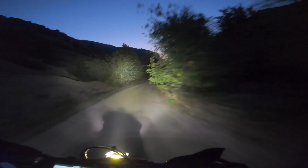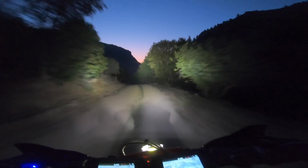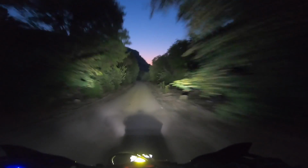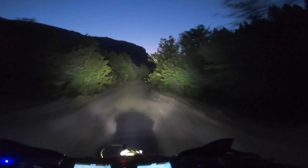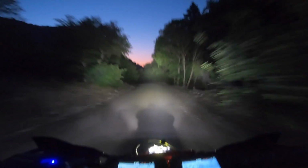We'll see how it turns out. This is going to take us down to a highway. We're going to cross the highway, and then we have a little bit of gravel road, a couple miles, and then we start up the Oxford Range. And as soon as we start up, that's where the bonus is. Anyway,